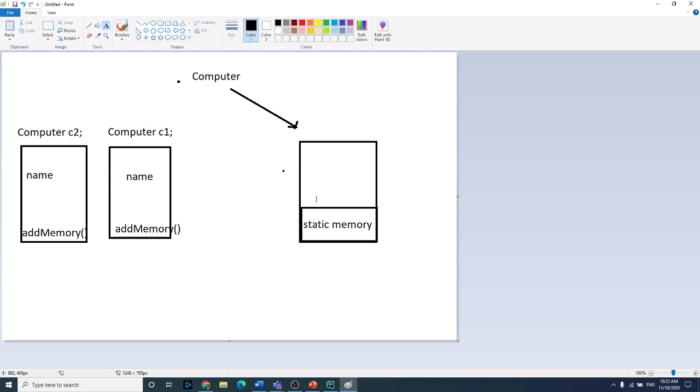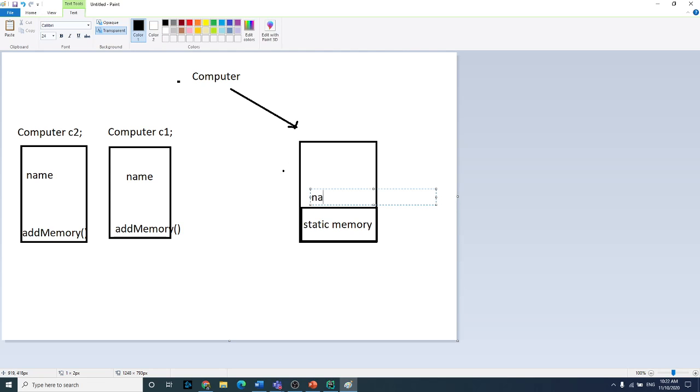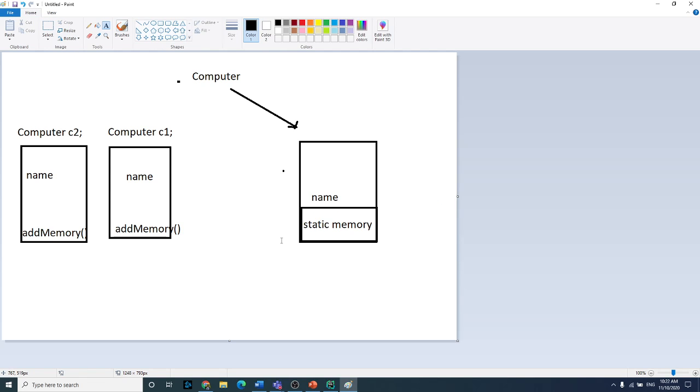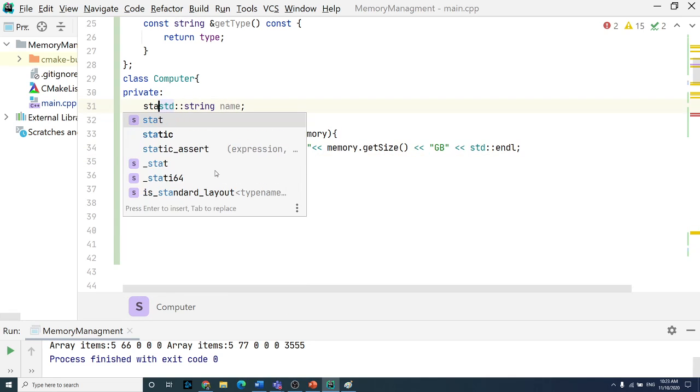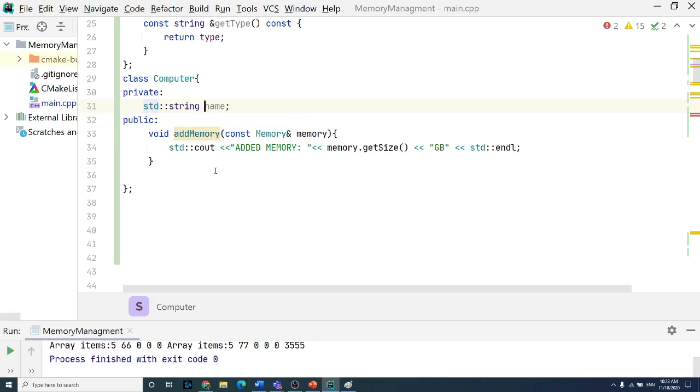If you change it to static, you will move the name here, and that means you're able to change the name, but you will have a single name for all computers. And here, when you have the static keyword, like this, if you have, for example,